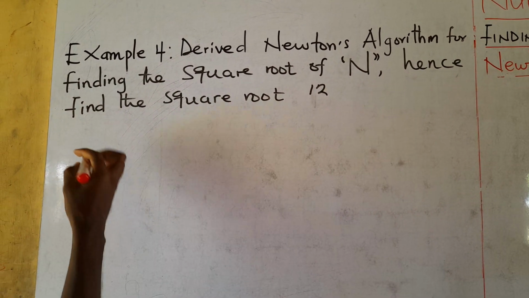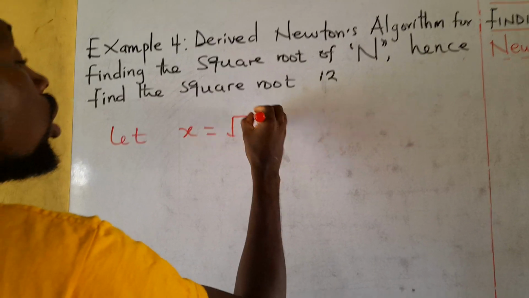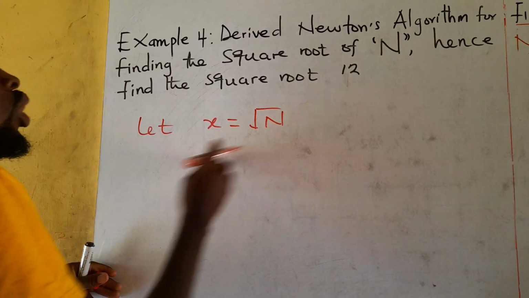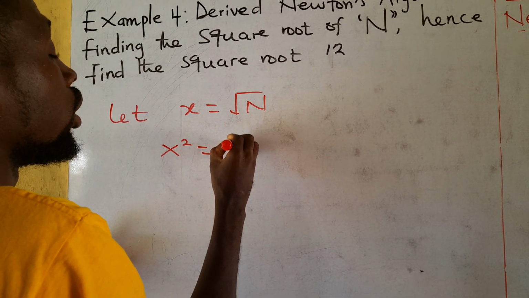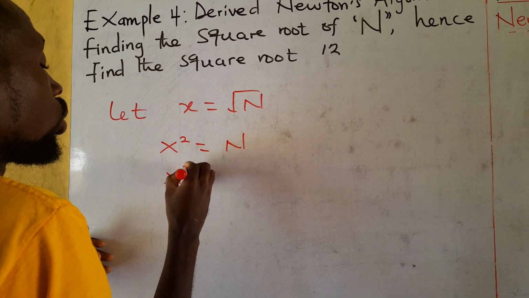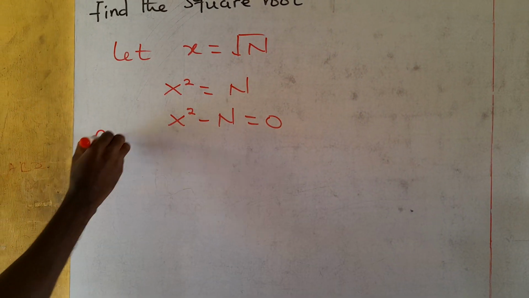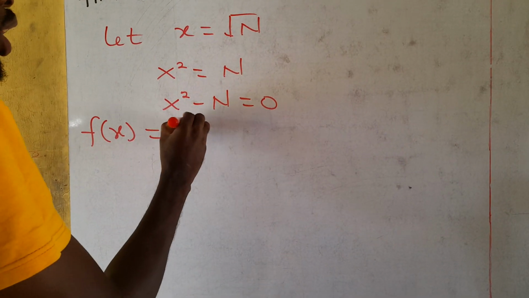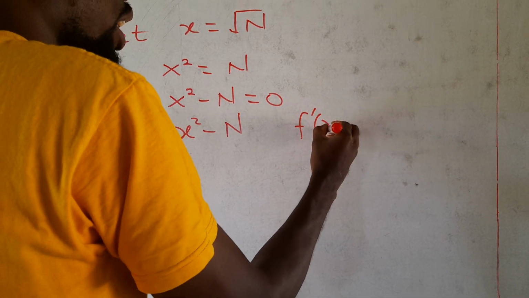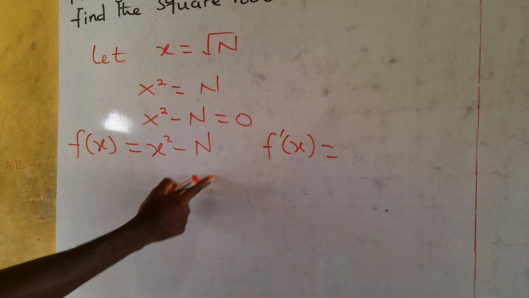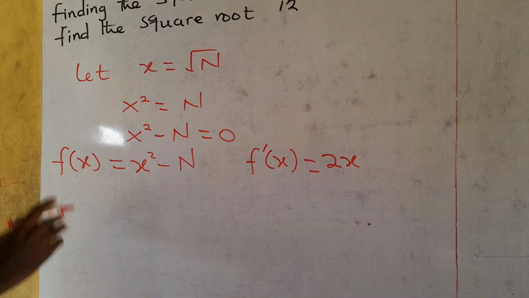So we let x be equal to the square root of n. Now we can square both sides. When we square both sides, we get x squared is equal to n. Then we can say x squared minus n is equal to 0, where n is always constant. So our function f of x is equal to x squared minus n. Then we can find f prime of x. We differentiate this function. Remember, n is constant. When we differentiate this function, we get 2x. Now remember,